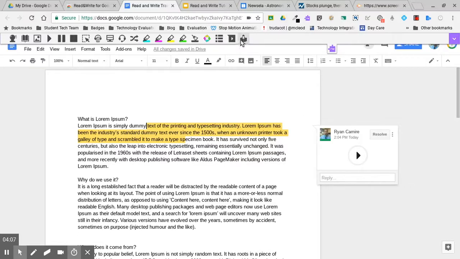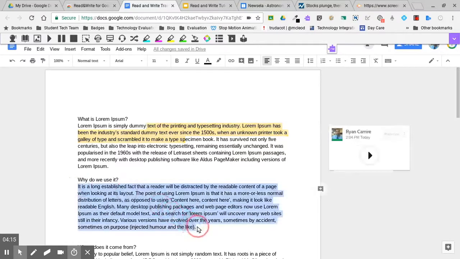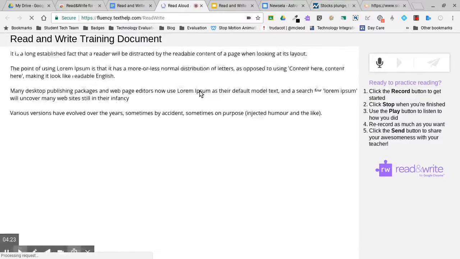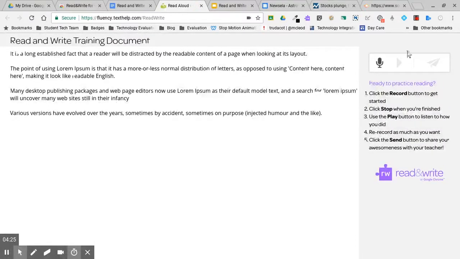The last feature within the Google Doc you'll see is practice reading aloud. So if you're a student, maybe an ELL student or someone else, and you want them to practice reading aloud, they can choose a passage and then click this practice reading aloud. And what it's going to do is take that text that was highlighted and go ahead and place it on a document tier where the student can then read that text, click record